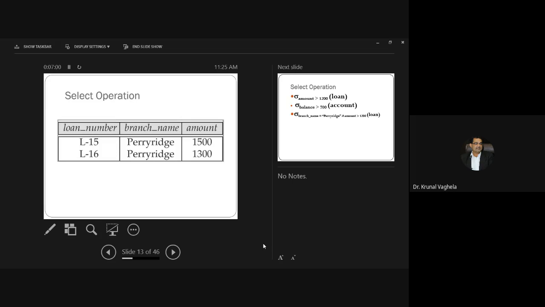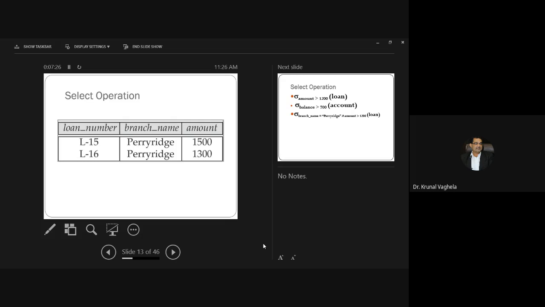All the columns are coming in the output. What if you want some particular column only? I want only loan number, I don't want branch name and amount in my output. Possible, right? I want only branch name, not amount and loan number. I want only loan number and amount, I don't want branch name.